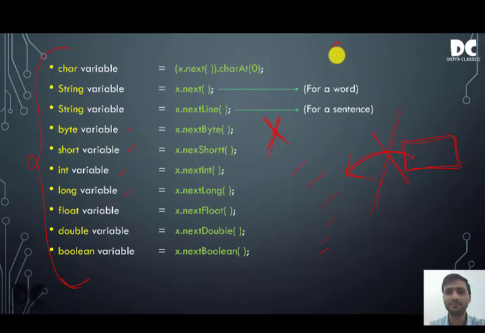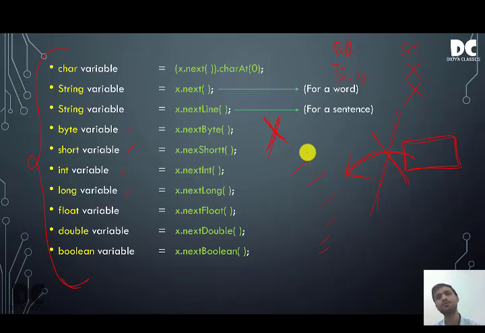So in BufferedReader, there is InputStreamReader to convert bytes to characters. In Scanner, it is not there. Similarly, in BufferedReader, you have to convert a string to different types of primitive data types using the parse function. In Scanner also, it is not there. So Scanner is smaller and easier to remember.